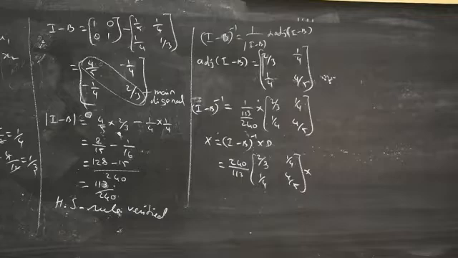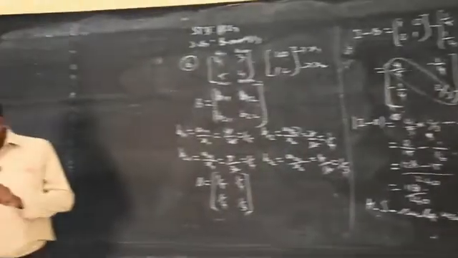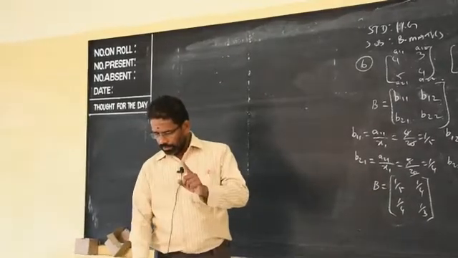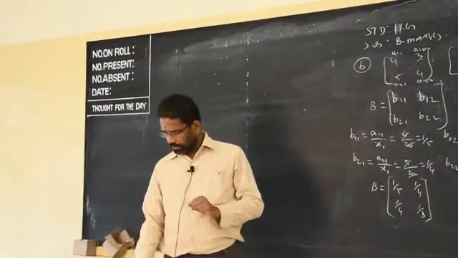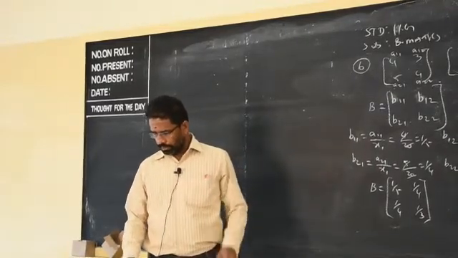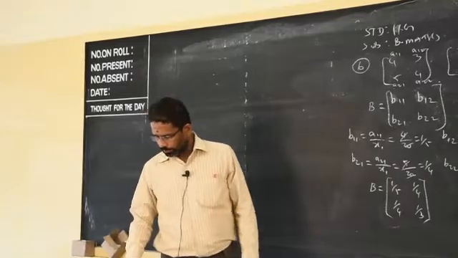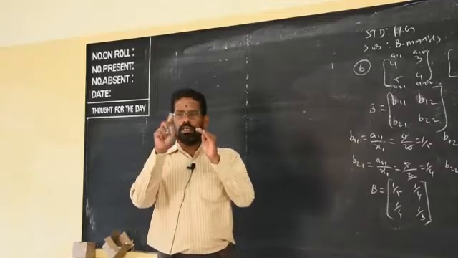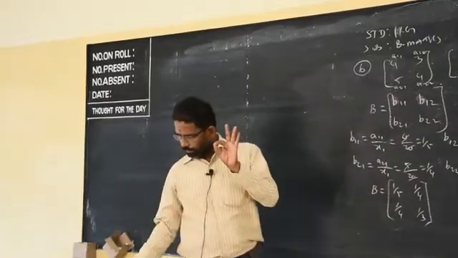See question number 6, second subdivision. Determine the output when the final demand for the output of sector 1 alone increased to 23. In question number 1, the final demand for sector 1 is given as 13. Now the final demand increased, only sector number 1 alone increased, not sector number 2. It is given very clearly, the final demand for the sector alone increased to 23. But what is there in the question already? It is given as 13.